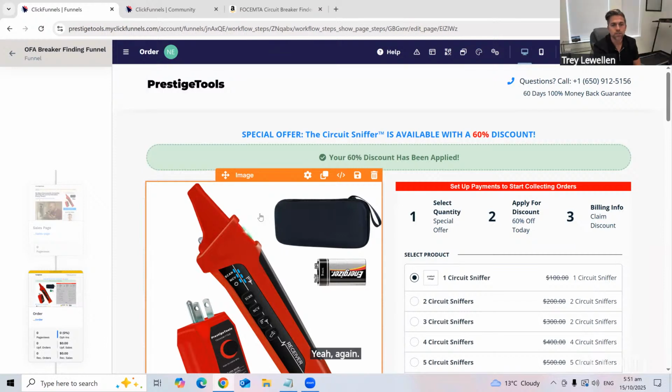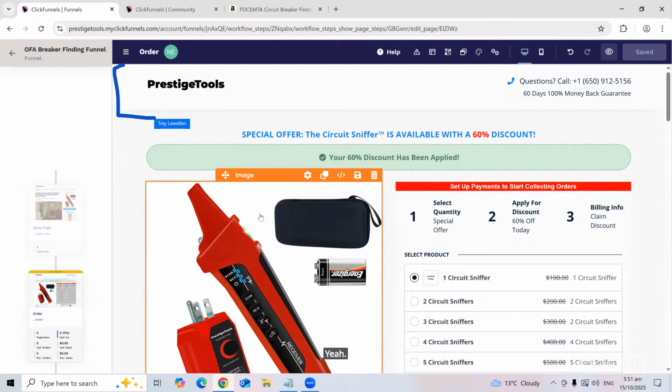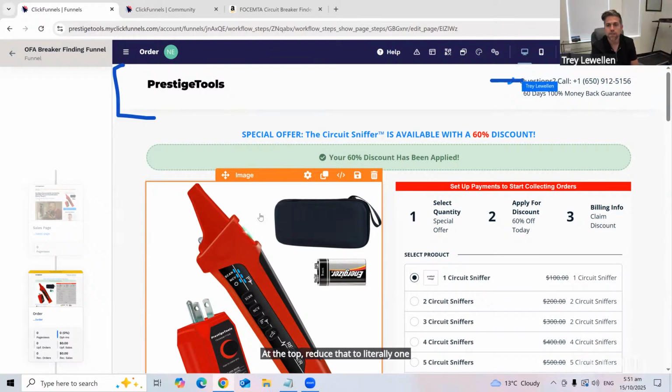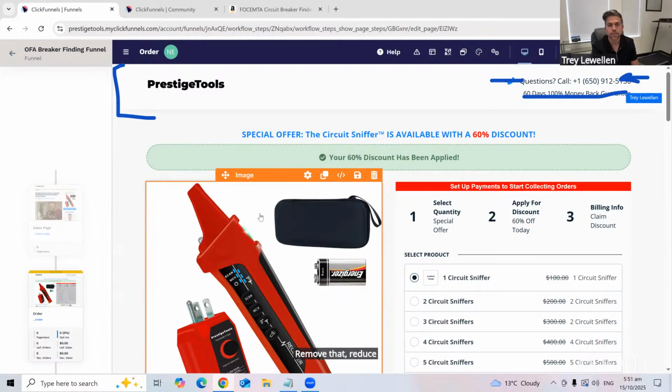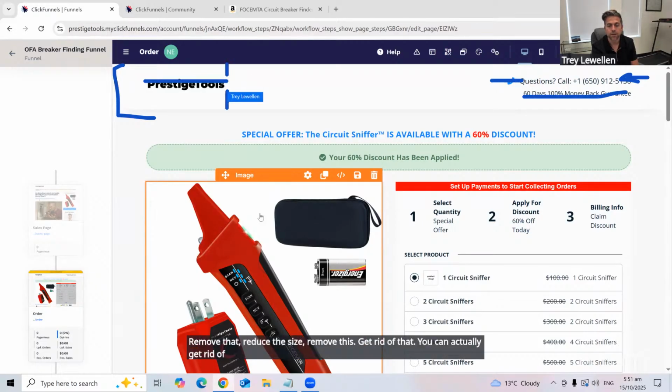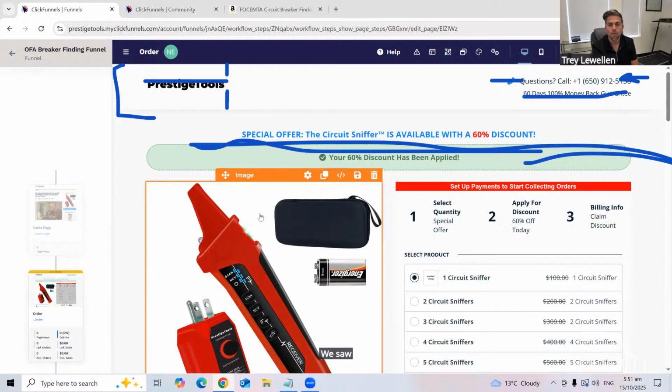Yeah, again, look how much space you have here at the top. Reduce that to literally one line. It should be as big as this text right here. Yeah. Remove that. Reduce this size. Remove this. Get rid of that. You can actually get rid of this green banner. We saw no change in respect to taking that out. Okay. Cool. All right, cool. All right. So then